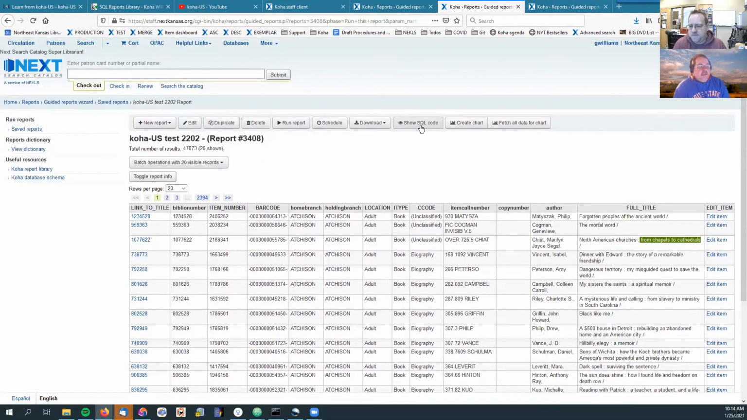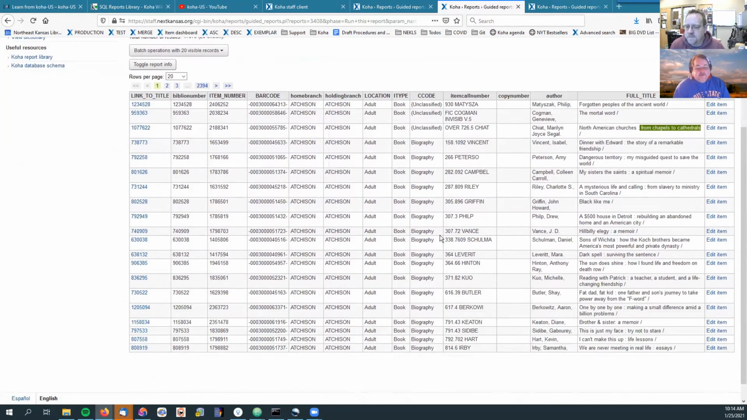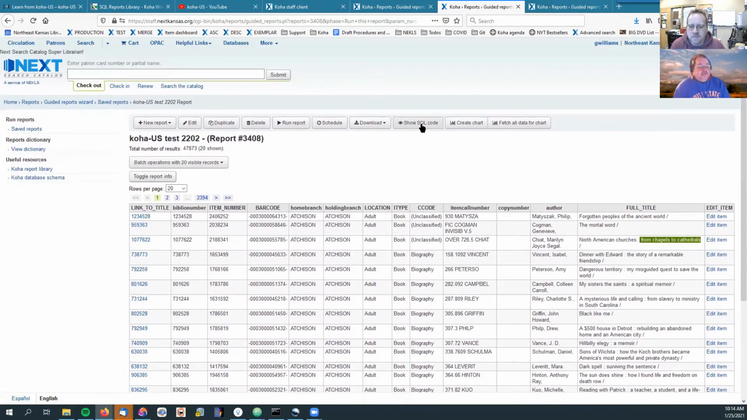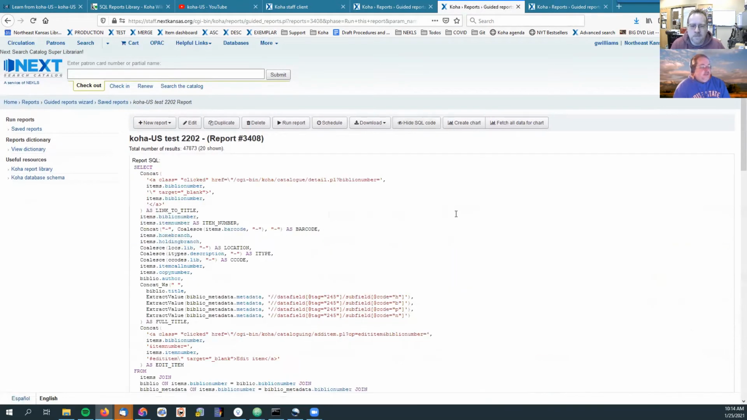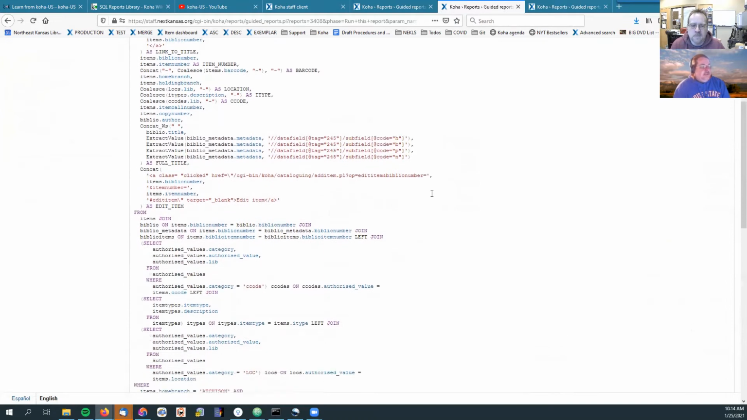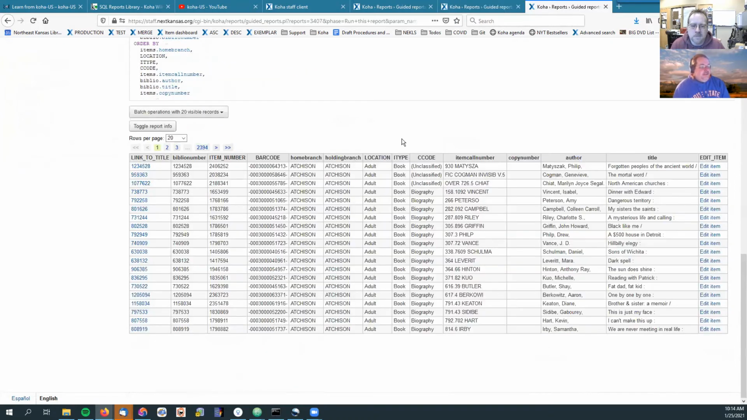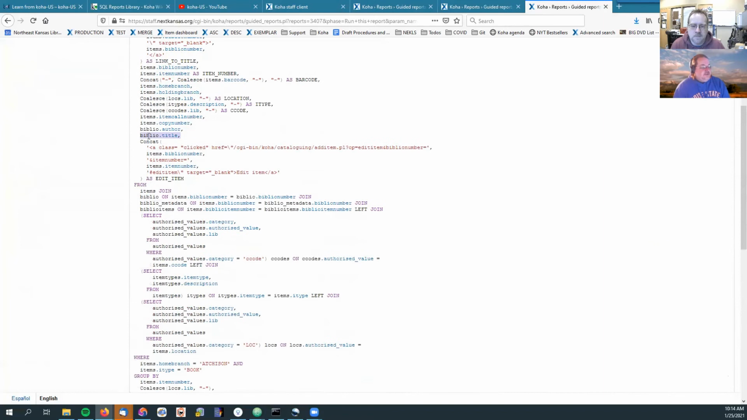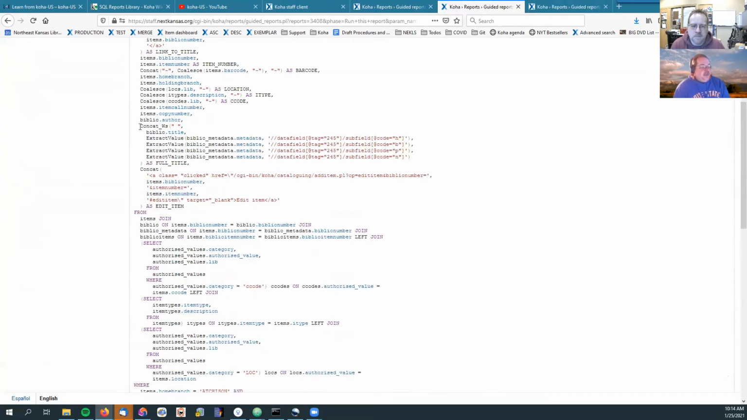Yeah, several of them. A whole bunch of them. Subtitles are all over the place in bibliographic records. And here's the difference in the SQL. If we go back and look at this one, I've just got biblio.title. If we look at this one, I've got a concatenated field here that I'm calling full title. And I've concatenated biblio.title,